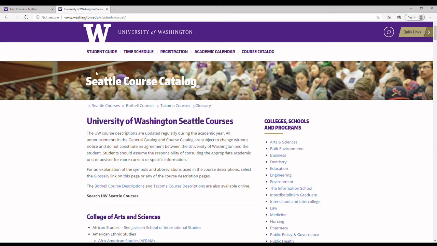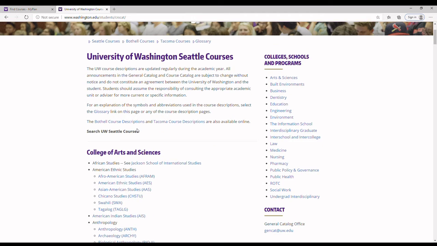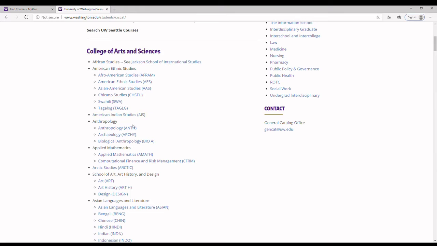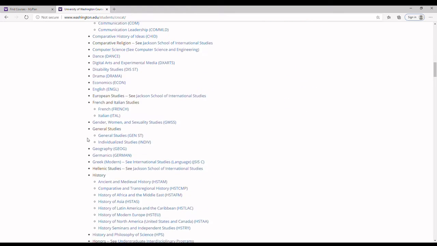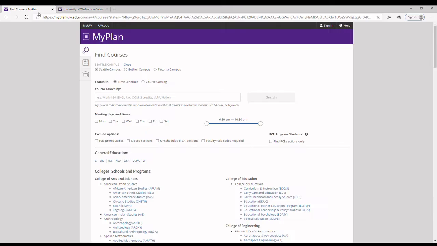Then we have this little tab, which shows us a more comprehensive version of the course catalog. You can look this up through UW course catalog in Bing or Google, and it'll show you all the different departments we have. Now going back to MyPlan, we have another section that shows us the courses that we can